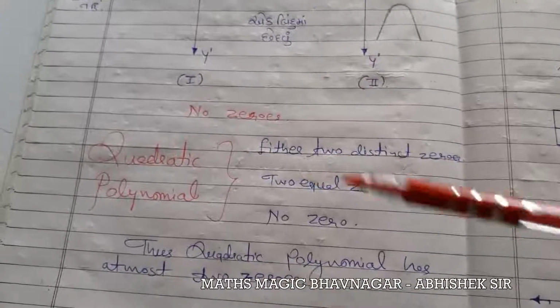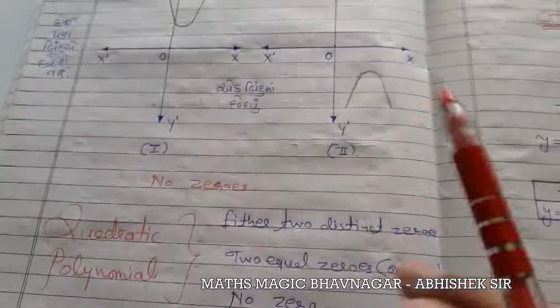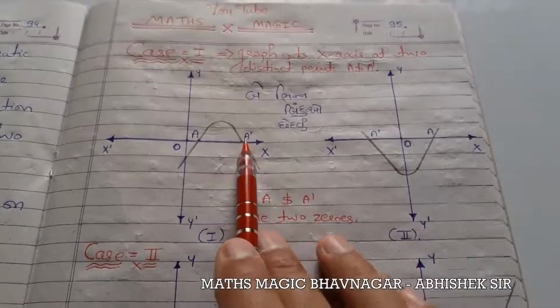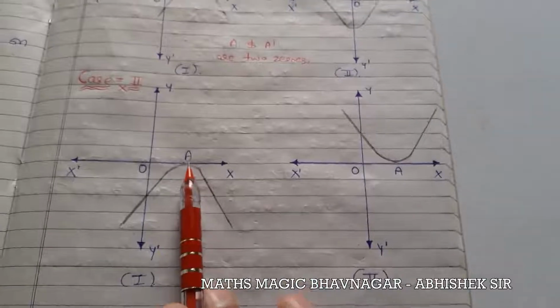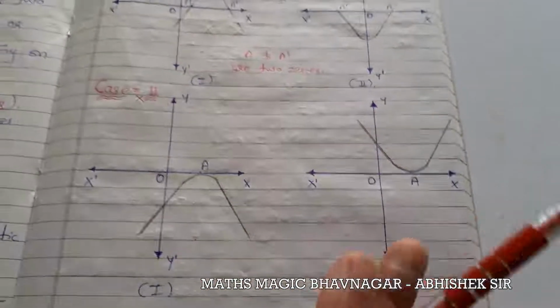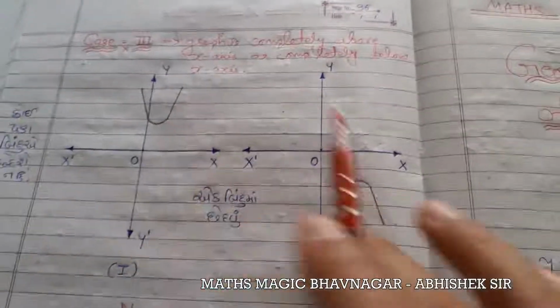So the main purpose of geometrical representation is to obtain the zeros. How many zeros will we get? So three cases have been discussed. The first one has two zeros, as we get two zeros on the intersection of the x-axis at two different points. On the intersection of the x-axis at only one point, we get 1 zero, and on the intersection of the x-axis at no points, we get no zeros. That is the main goal.